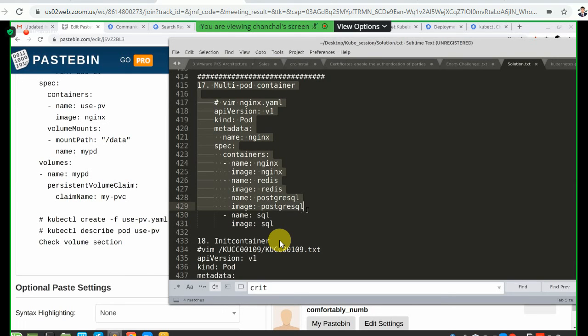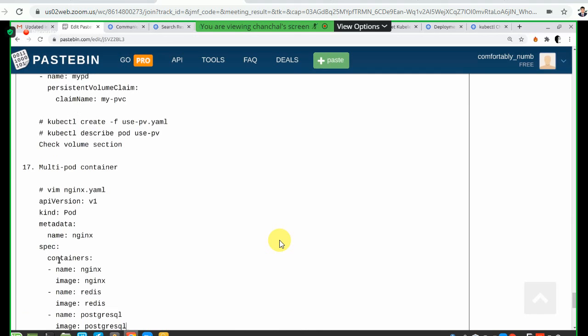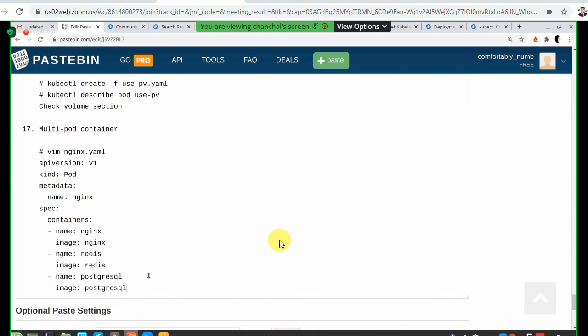The answer is slightly different from what is there in the question. So you just try to understand where we are going wrong, because the answer is wrong. I need to make a change because the question suggests Nginx, Redis, and memcached, so I should be making it memcached. Okay, so I'm saving this.